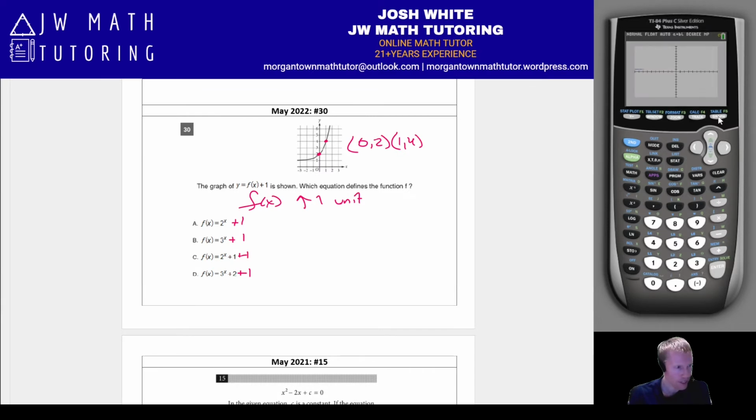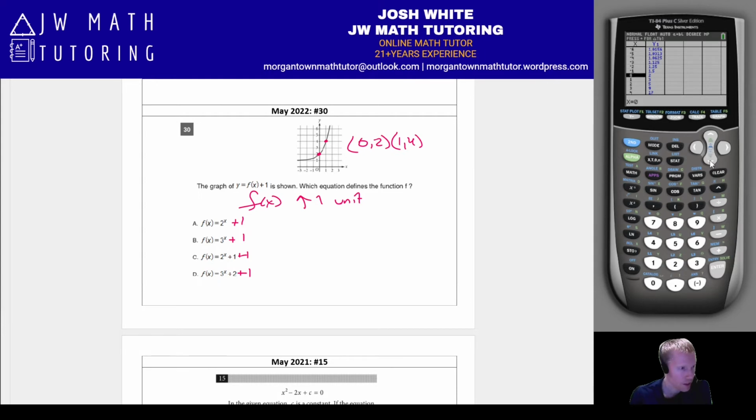Go ahead, graph that. Now you could technically do multiple answer choices or graphs at the same time on the screen, but I'm just going to do one at a time, to keep everything in the least confusing manner possible. Now I'm just going to go to the table and look up